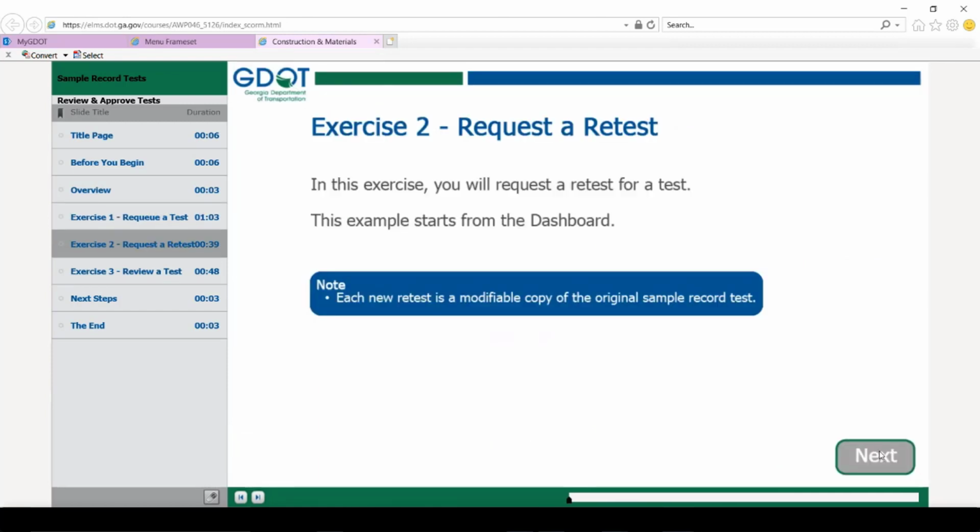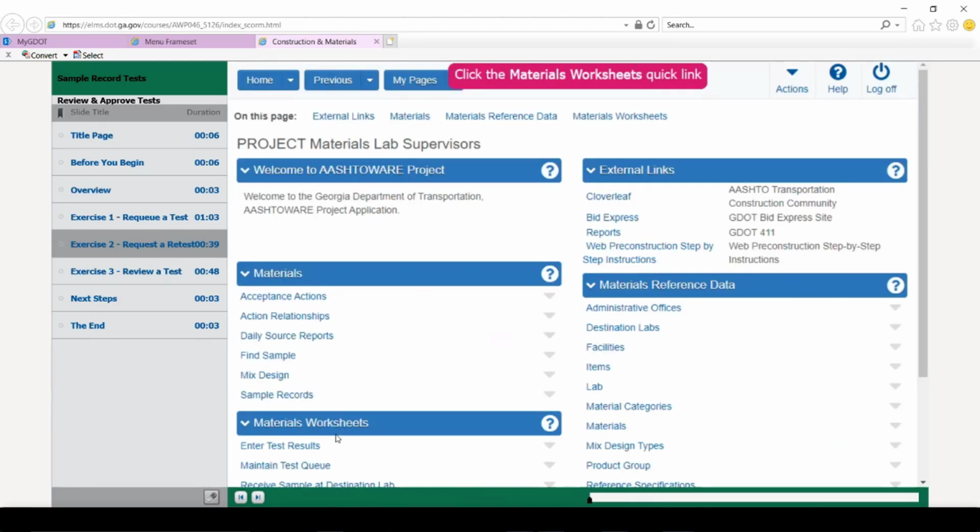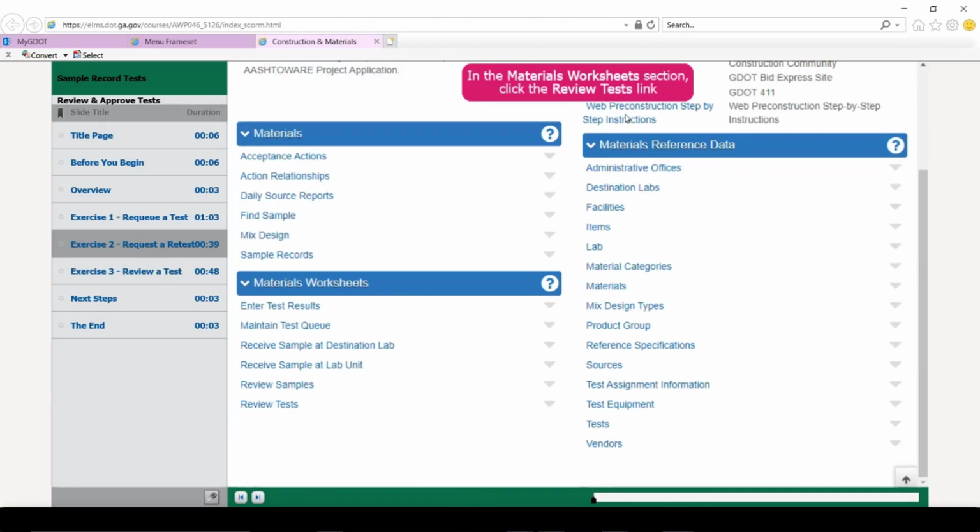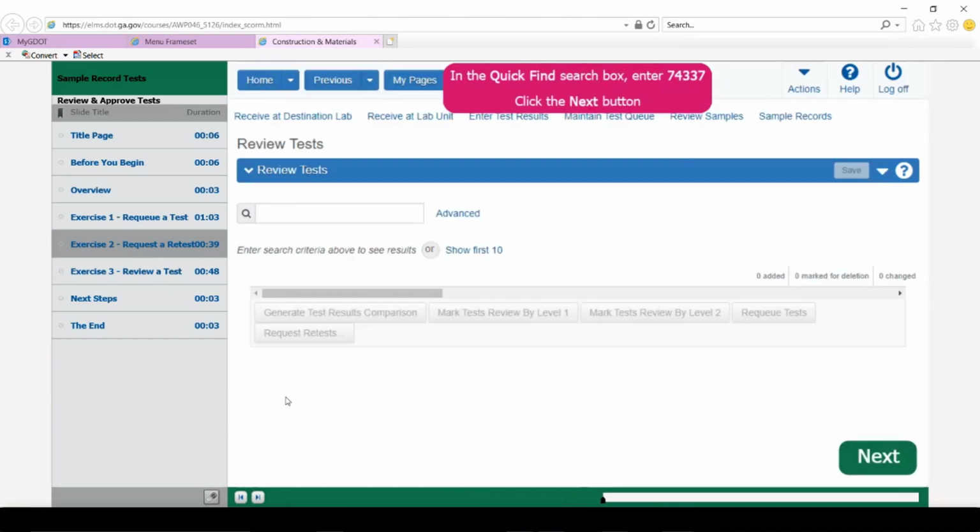If you want to do a retest to request one of those, note the new retest is a modifiable copy of the original sample record test. We have a materials worksheets component. We also have the quick link, which we're accustomed to using. Click on that, and it takes us to that component section, and there is a review test link there. We can again do a search on the sample string and click on the next button.